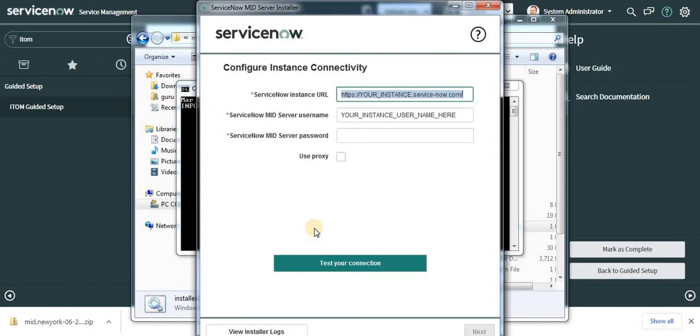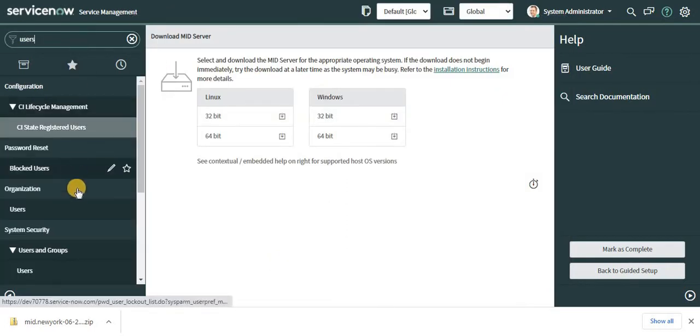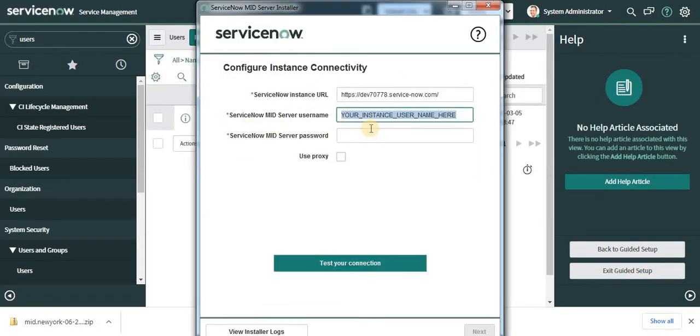So now you can see a pop-up has opened and I have to give my instance name here. I'll just update this part. Okay, and I have to give my MID Server username, so you remember we created one user. I'll give that, and then the password.